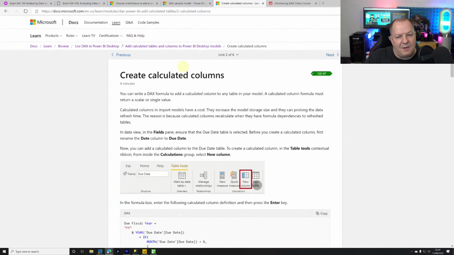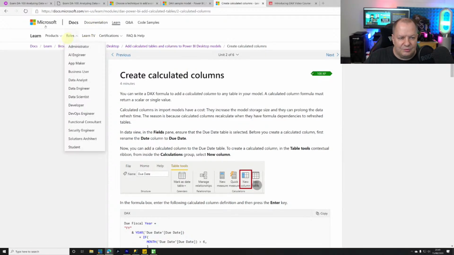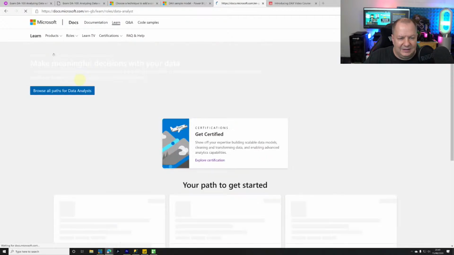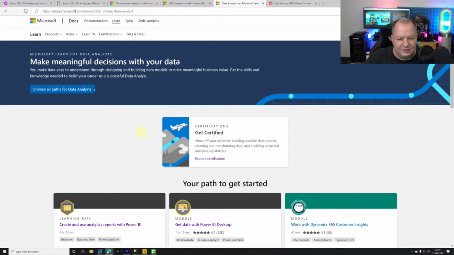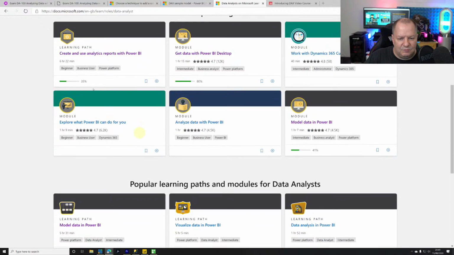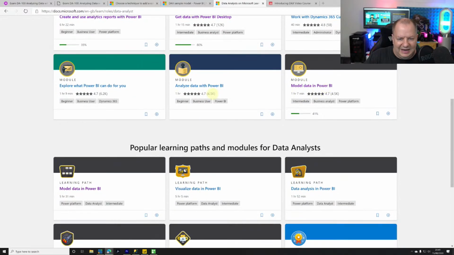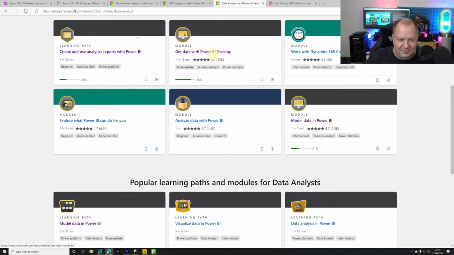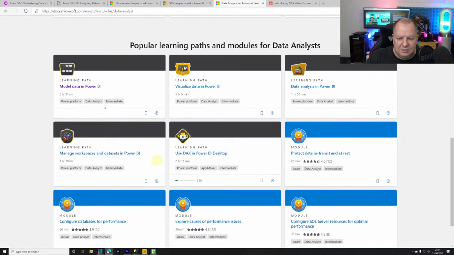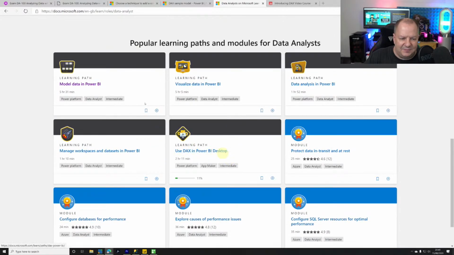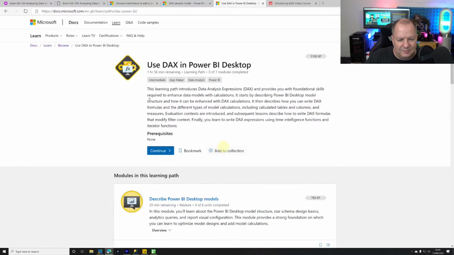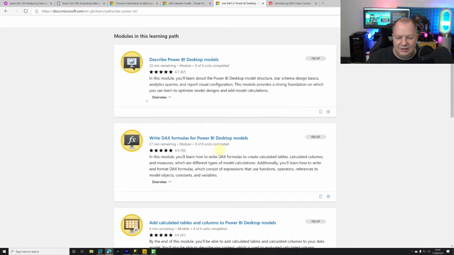So we can go through the Microsoft Learn and look at all the different training for that. Let's actually look at the roles for data analyst and come down and look at the learning path that starts with that. If you go down, you'll see there will be model the data, analyze the data, get data with Power BI desktop, etc. And later on, we've got some DAX, and use DAX in Power BI desktop is the first learning path where you're going to start learning how to use the DAX engine, the language itself,